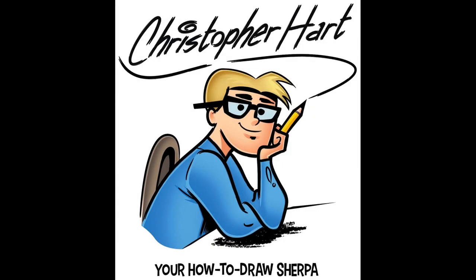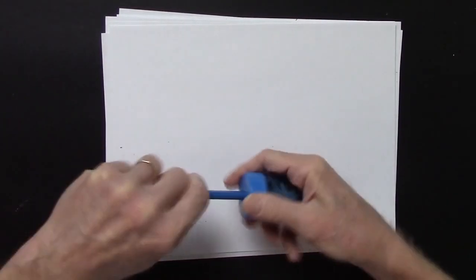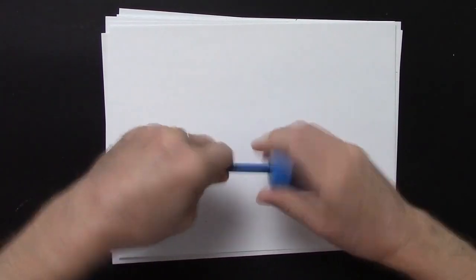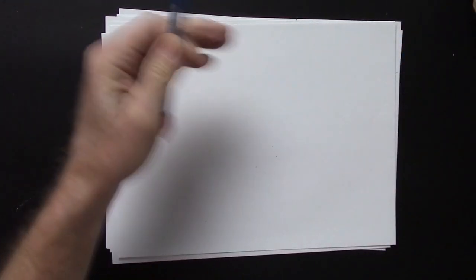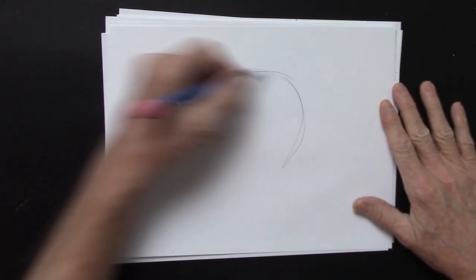I'm a cartoonist and the author of many books on how to draw cartoons. And today I'm going to show you how to modify a three-quarter view. A three-quarter view, that sounds kind of complicated. It's really not. All it means is that we're taking this face here,